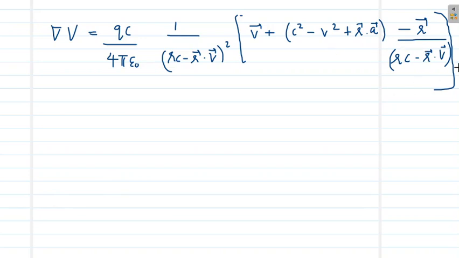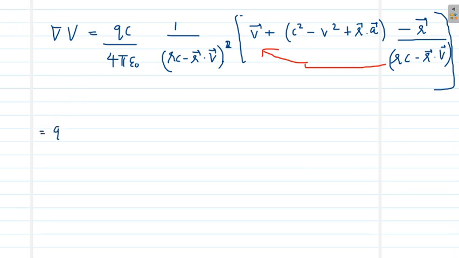Now we have an rc minus r bar dot v bar term here in the denominator. So here we have rc minus r bar dot v bar the whole square. So let us take this term as common. For that, we will have to multiply this term with v bar, and divide this term throughout in both these terms. If it is of the form a plus b by c, we can write it as ca plus b divided by c. So we will be doing such a kind of simplification here.